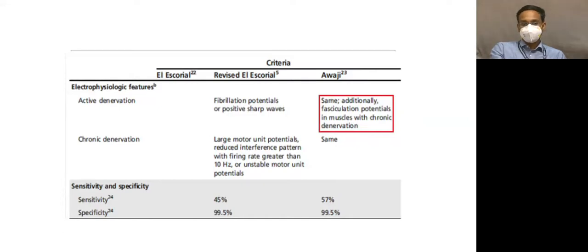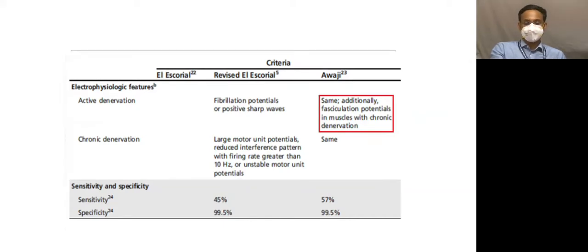So the problem with these criteria was that you needed a lot of time. For an experienced clinician seeing these patients in OPD, you know from the first OPD visit or the first admission itself that you are probably dealing with an ALS-like disorder. But because the criteria required you to have this many myotomes involved, he did not fulfill the criteria for clinically definite ALS, and